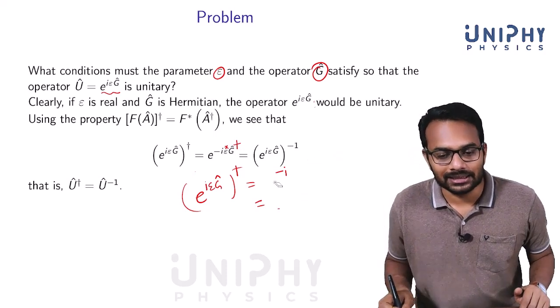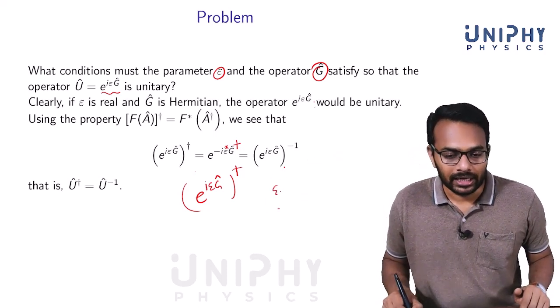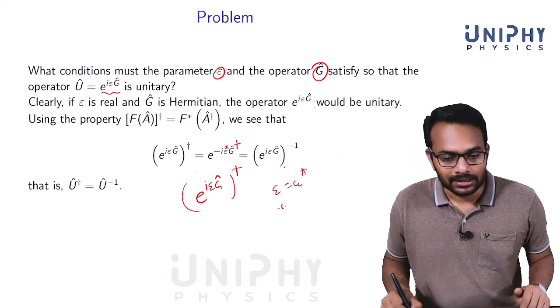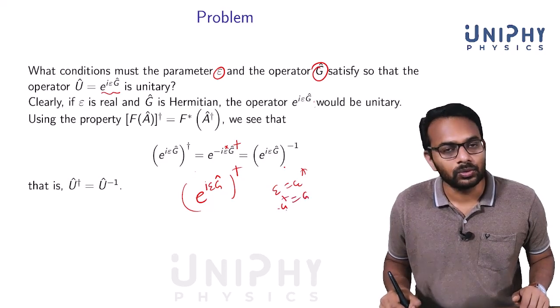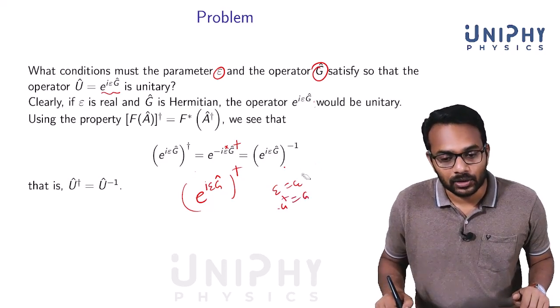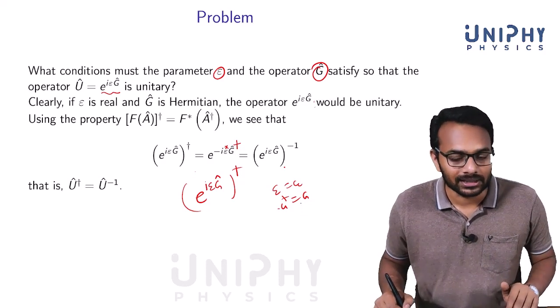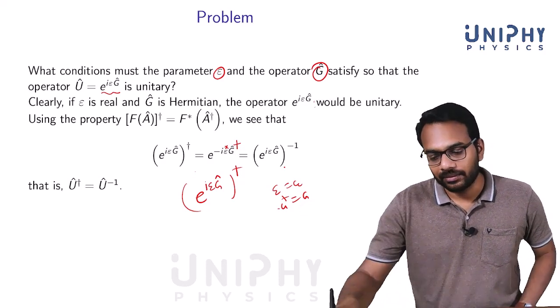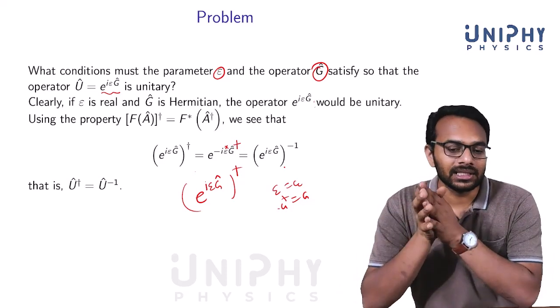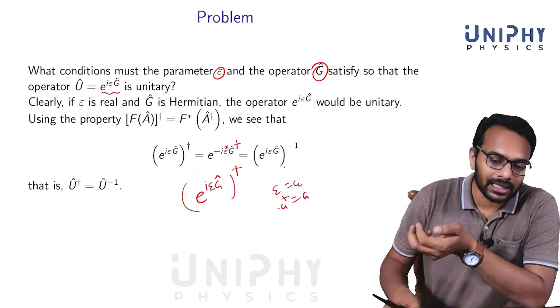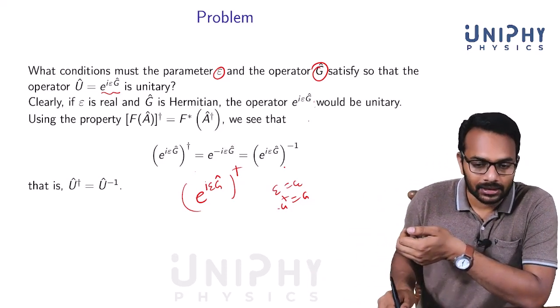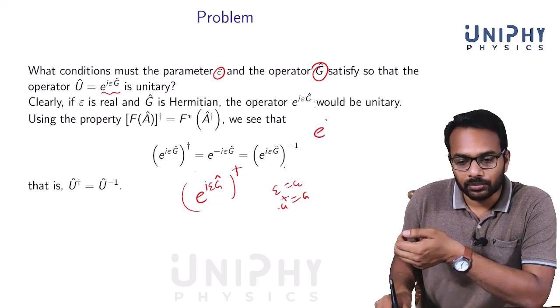So the condition is that epsilon has to be equal to epsilon star and g dagger has to be equal to g. This means that epsilon has to be a real parameter and g has to be a Hermitian operator. Right, epsilon has to be a real parameter and g has to be a Hermitian operator. Now, if you don't have an i here,